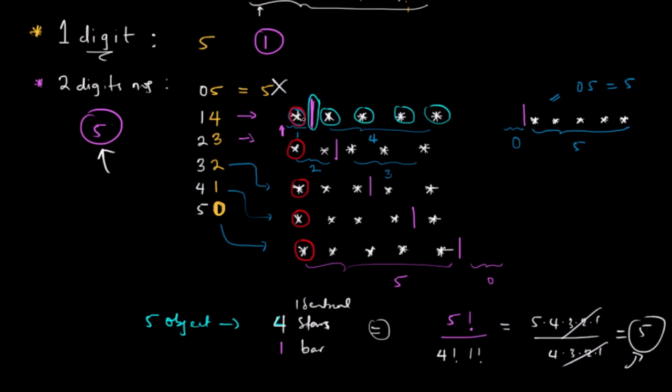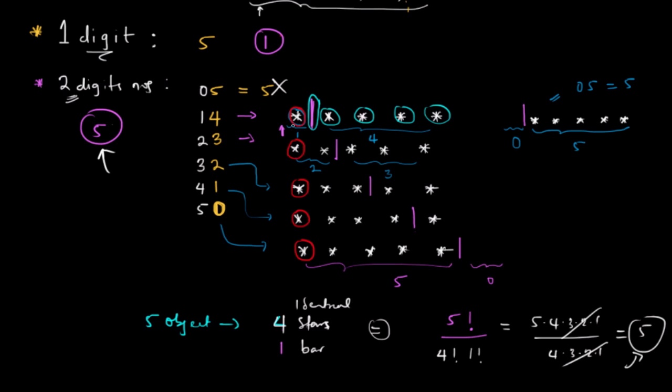The sum, I used stars, and then since the sum must be 5, I had 5 stars. Assuming I was told that the sum of the numbers, that is the sum of the digits of the numbers, must be 6, I'm going to be using 6 stars. If I was told that the sum of the digits of the numbers must be 10, I would use 10 stars. Now again, since I've been told that the numbers are 2-digit numbers, then that implies that I must make